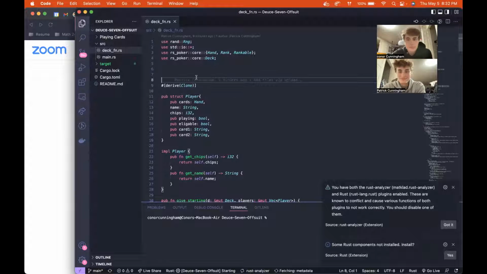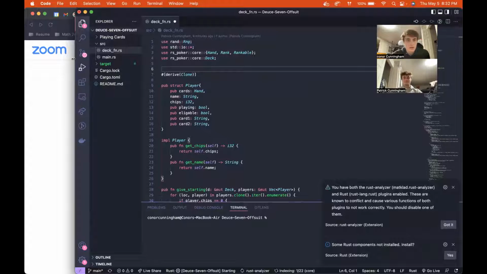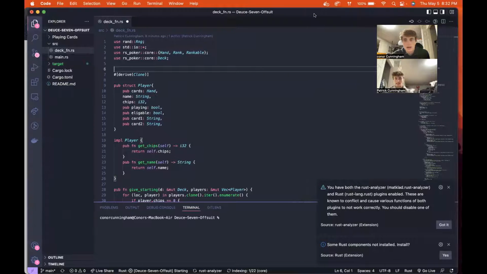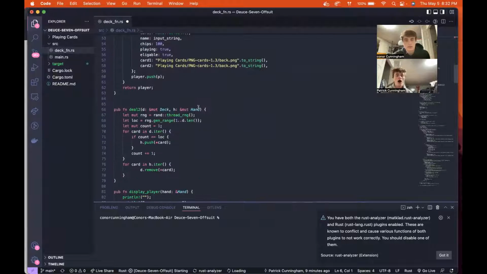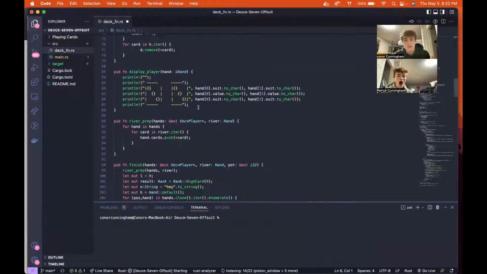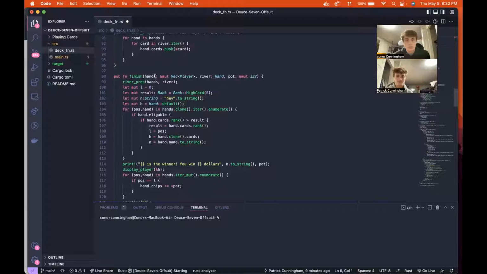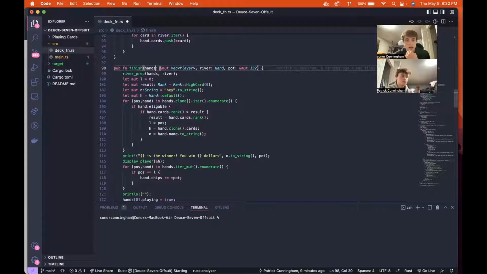Okay. So the majority of our poker game revolves around a crate that we discovered called RS Poker. Now, RS Poker is very helpful and it allows us to evaluate hands. This is a big deal for us because the crate itself is able to evaluate and rank hands on its own. So here in our finished block of code, we're able to just assign